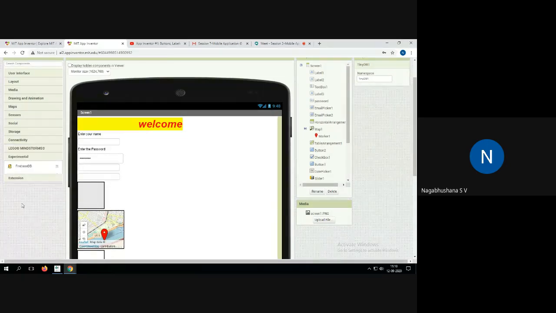So like this, see here also again you have a Firebase database. Here also you have this option, and through this one also you can connect to a cloud database.